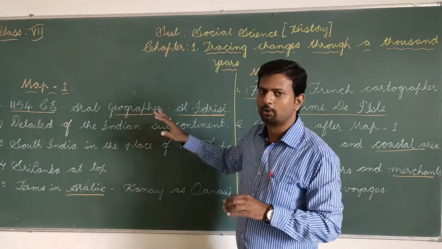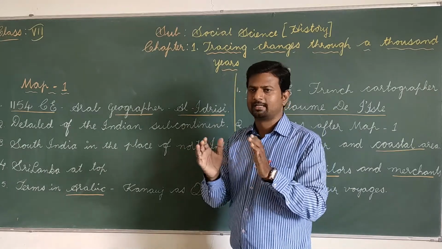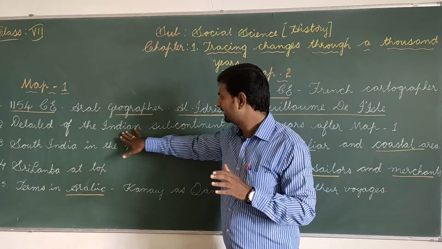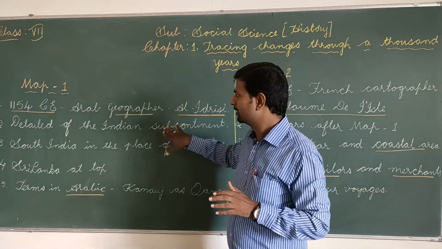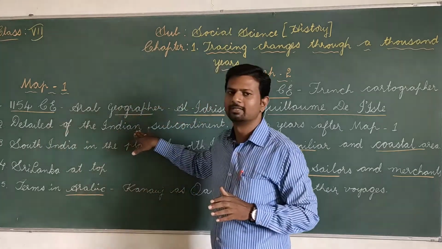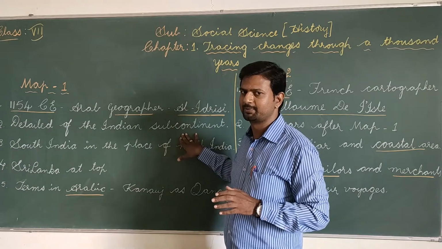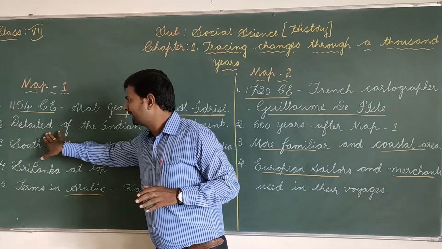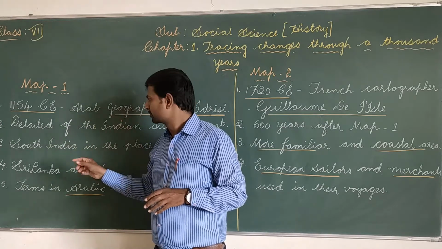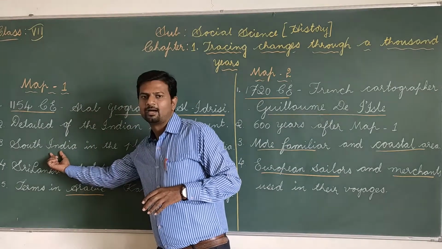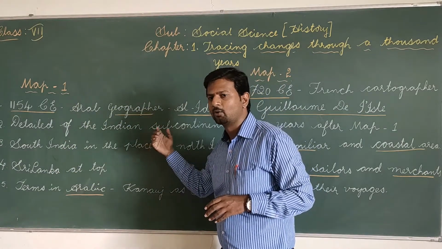It was not only for India. He had drawn the whole world's map. In that, he focused more on the Indian subcontinent because he belonged to an Arab country. So he gave details about the Indian subcontinent, and also what mistake he made. The South India was at the top of the map and North India was at the bottom